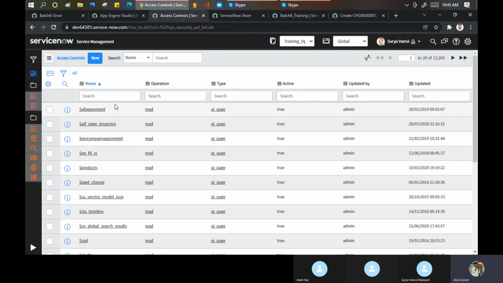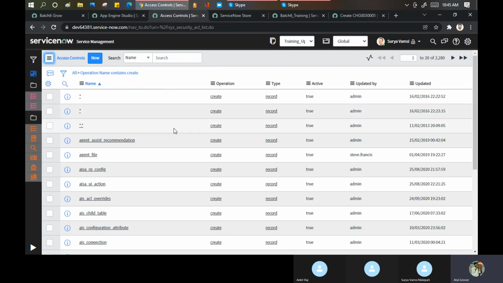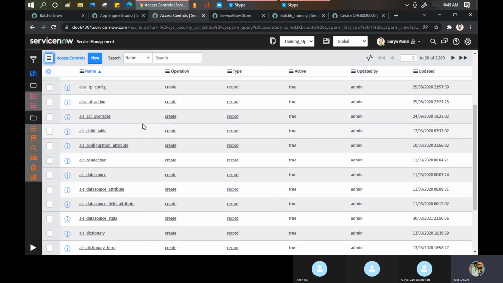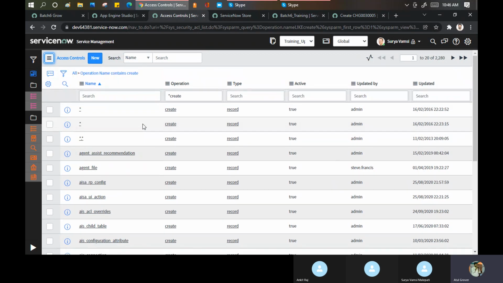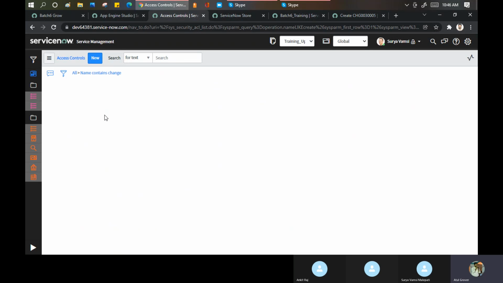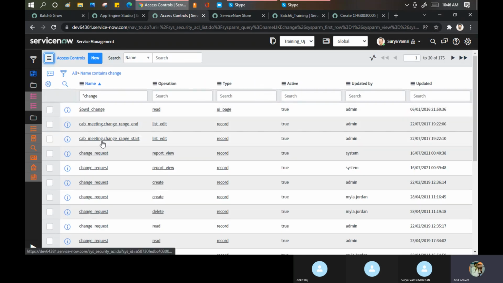Okay, maybe I can show you something more on the incident, is there any here? Operation create. I'll show you some out of the box ones which are easy for us to understand. Let me pick up something, let's see the change request, create.